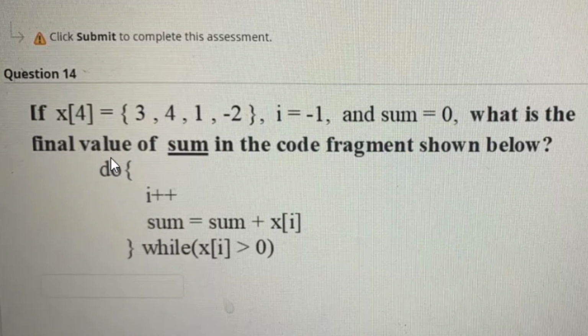The final value is going to be 6 at first, because i is incremented. Then for i at 0, x[i], that is 3, plus the running value. On solving this code, the output is 6. Thank you.